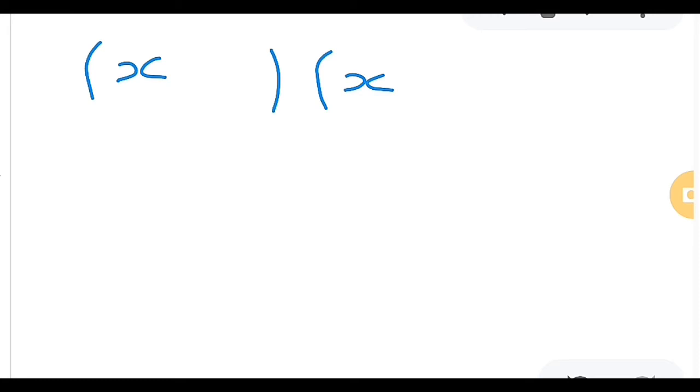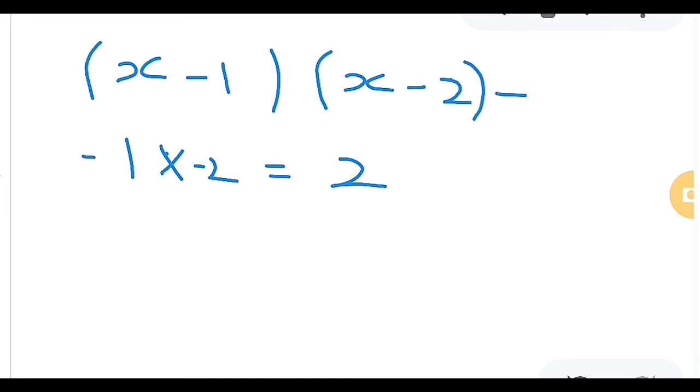Let us look for the factors of 2. Here we have 1 times 2, and that will give us 2. And if we make them negative, then we shall have negative 1, negative 2, that will give us positive 2. So in this bracket you put negative 1, in this bracket you put negative 2, then you equate to 0. The product of the brackets here means either x minus 1 is 0